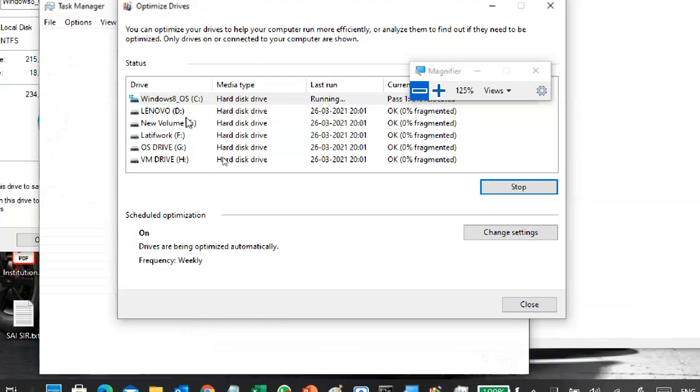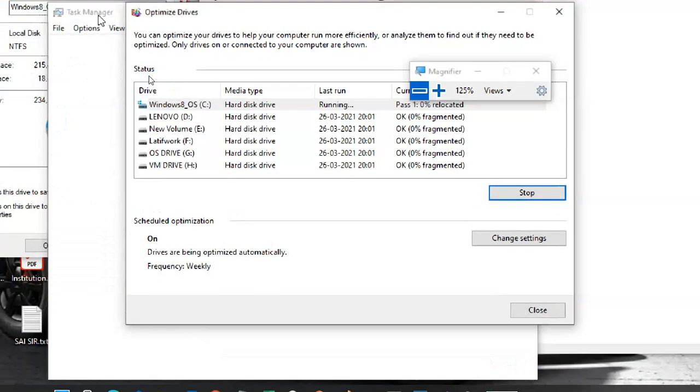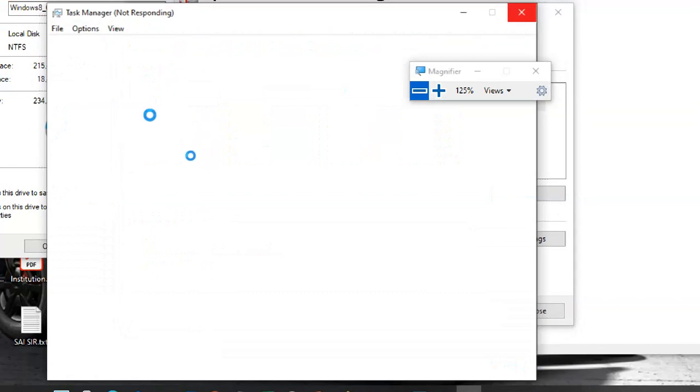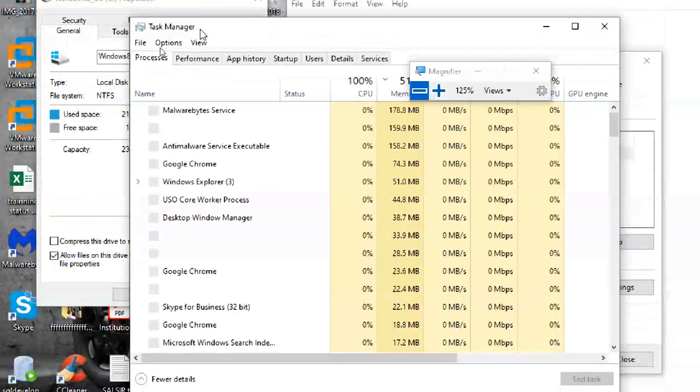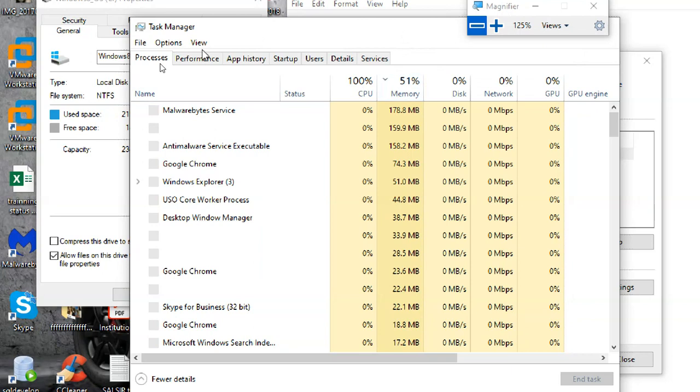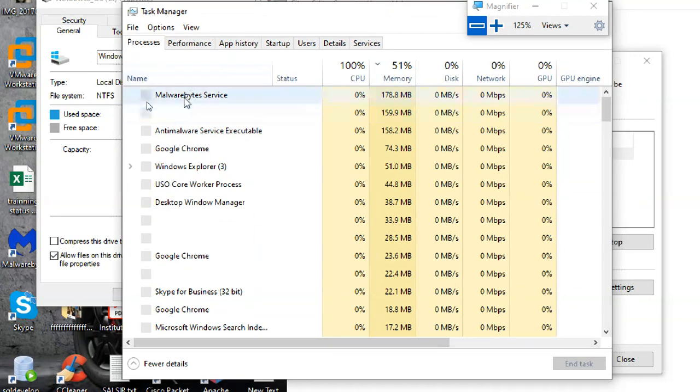Another step for system maintenance. See, this is my task manager. This is the running processes list, and this is CPU utilization, memory utilization, disk utilization, network utilization, and graphics related utilization.